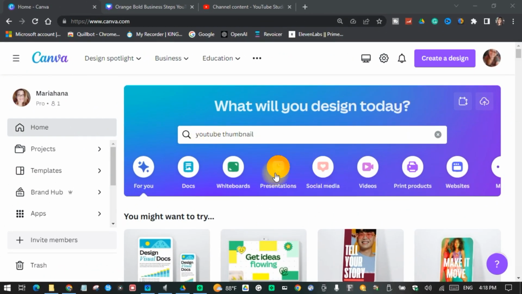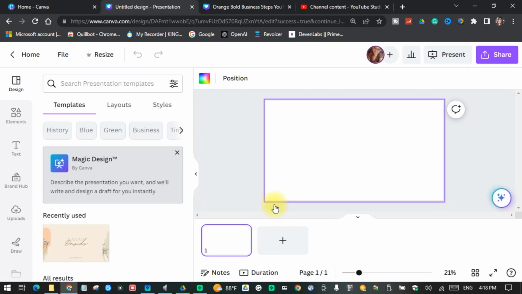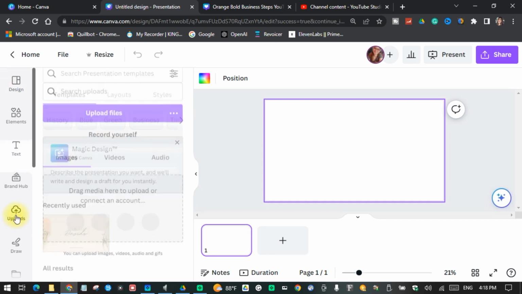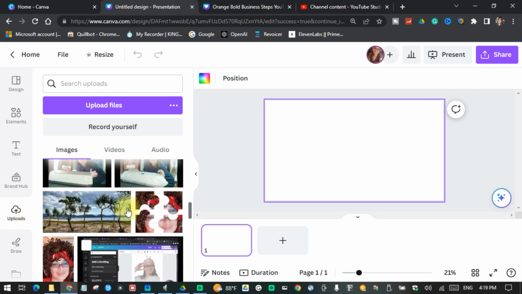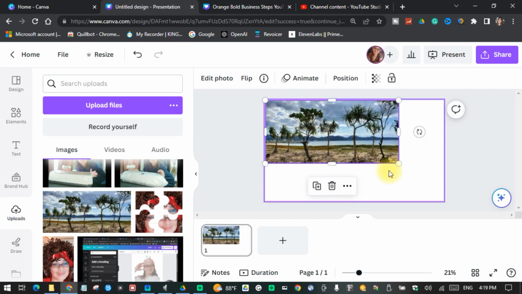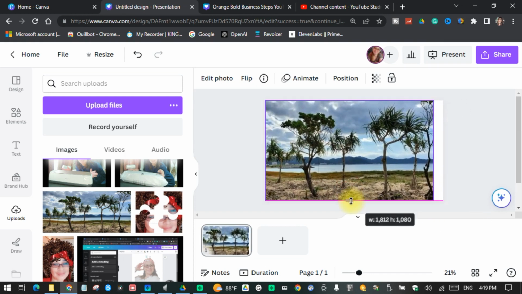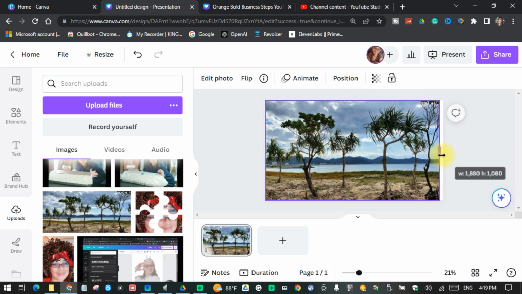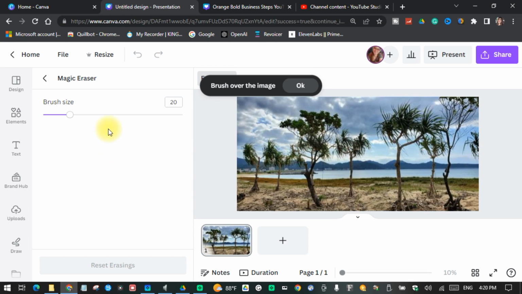Okay, let's go to Canva and open the presentation. We're going to do the blank presentation, and here you will see the magic design. Click the uploads, and then we're going to upload an image that we can use for our presentation. I'm going to take this beach with a lot of trees in front, and then I'm going to click the edit photo. In here we're going to use the magic eraser. Click that magic eraser, and once you click that, you will see here